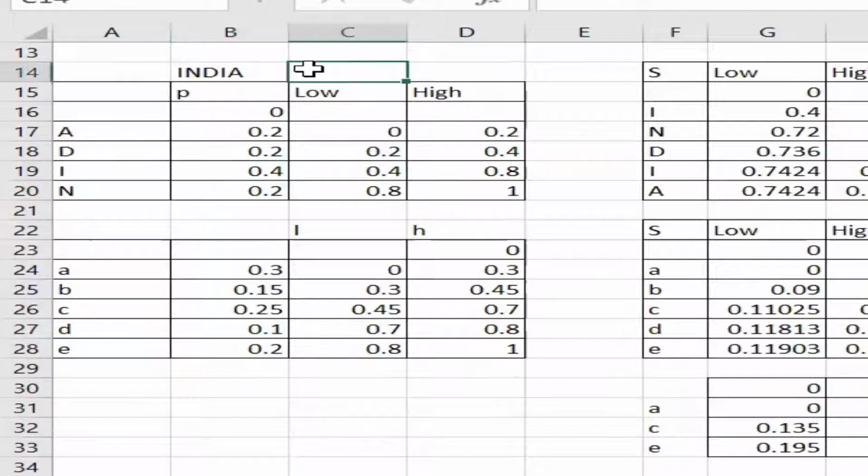The first step is to use alphabetical order, A, D, I, and N, to make it easier. For A, the probability is 0.2, with low 0 and high 0.2.